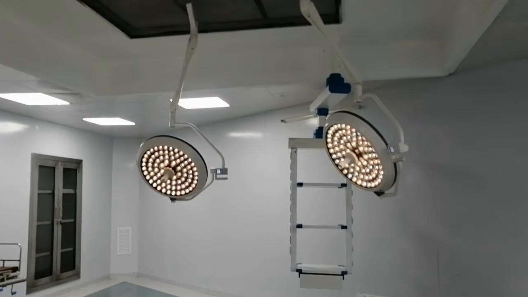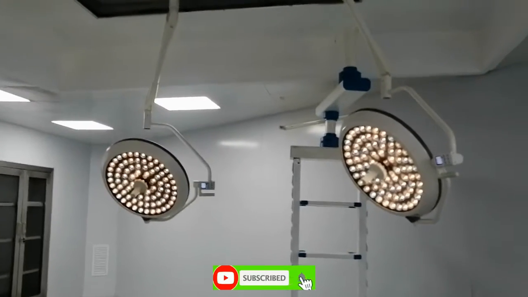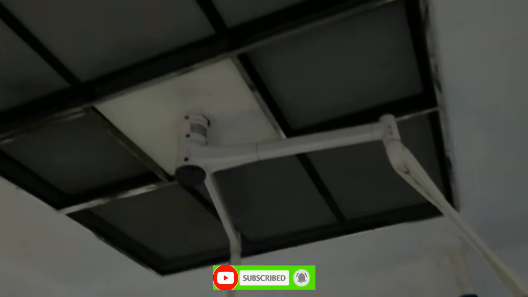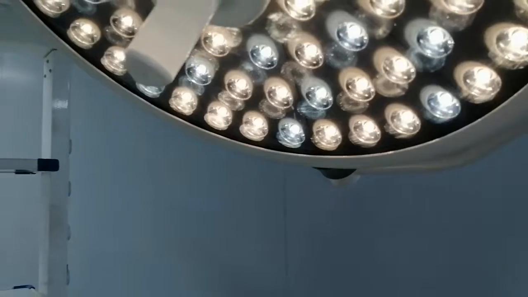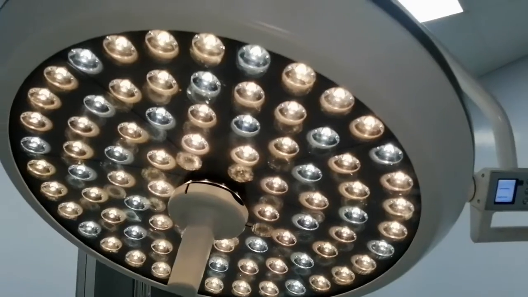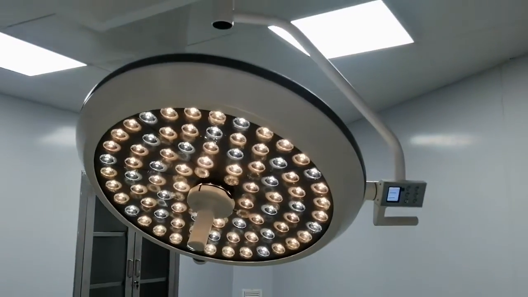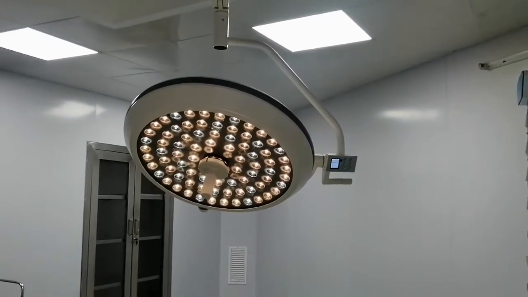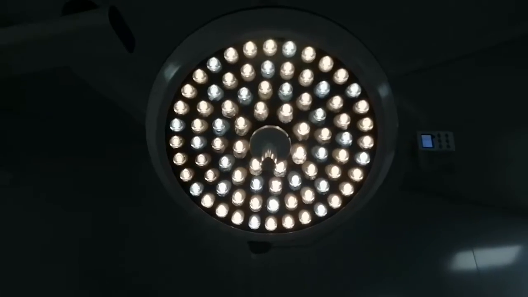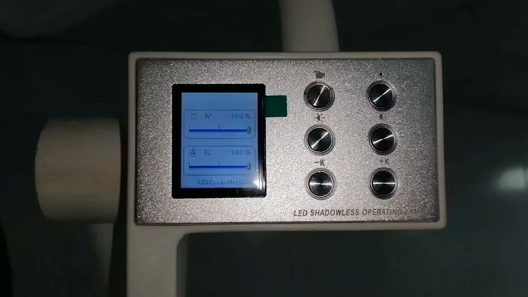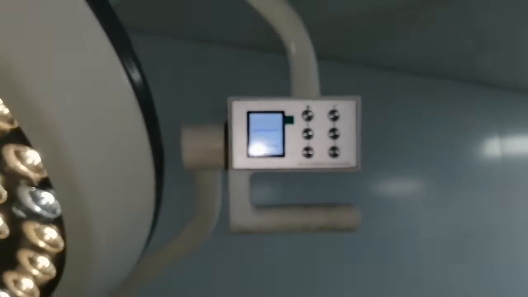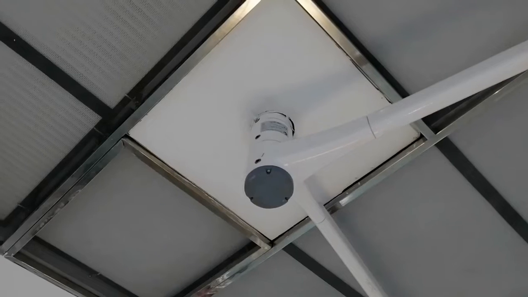A surgical light, also referred to as an operating light, is a medical device to assist medical personnel during surgical procedures by illuminating a local area or cavity of the patient. LED ceiling OT light offers white light without shadows, also offering optimal lighting in the operation room for the work carried out by the surgeon and their assistant.